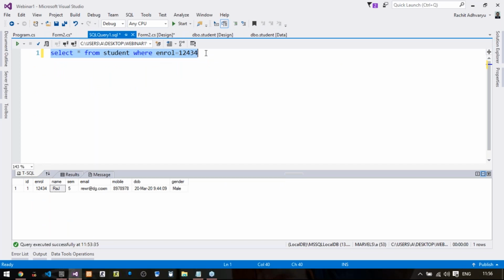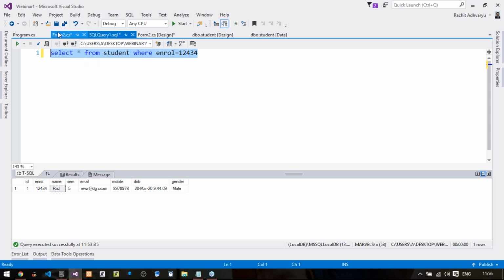But this query right now is a static query. And what we want is a dynamic query. That means whatever value has been selected in the combo box, for that value all the details must be fetched.